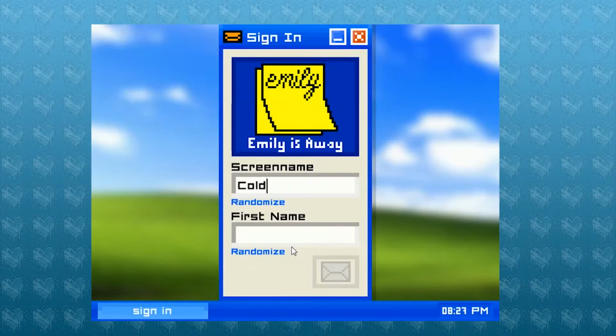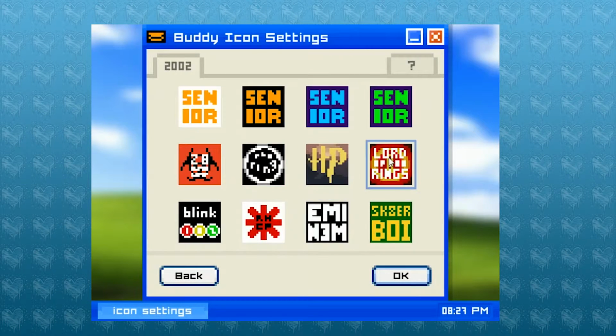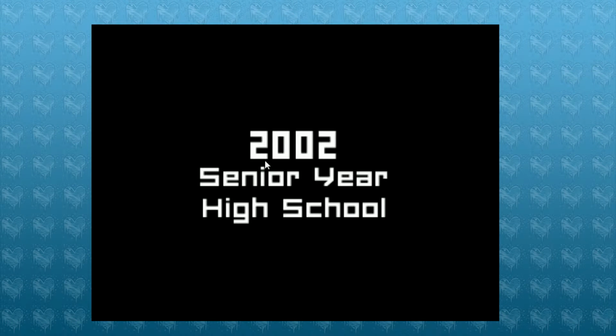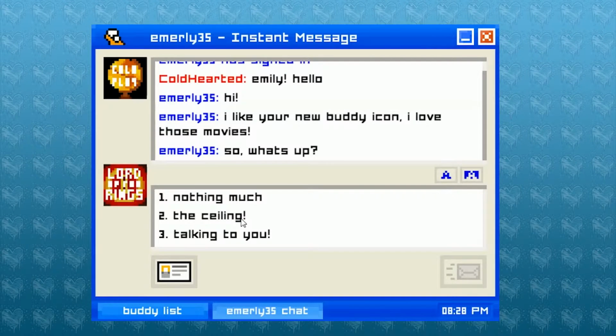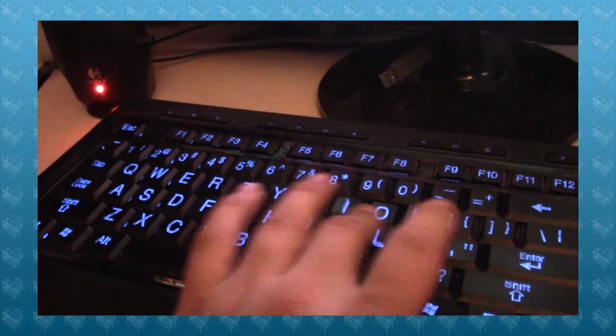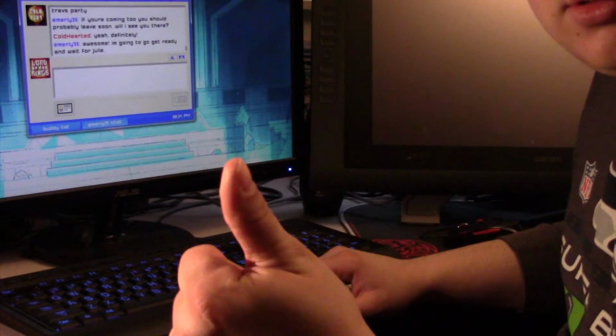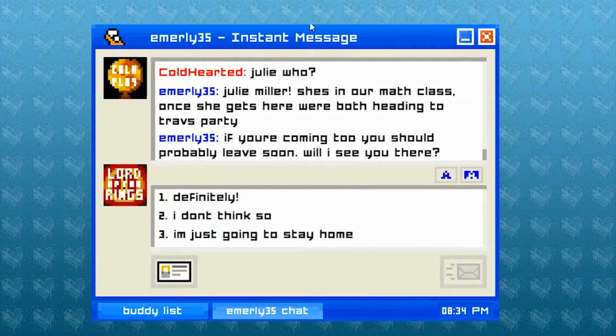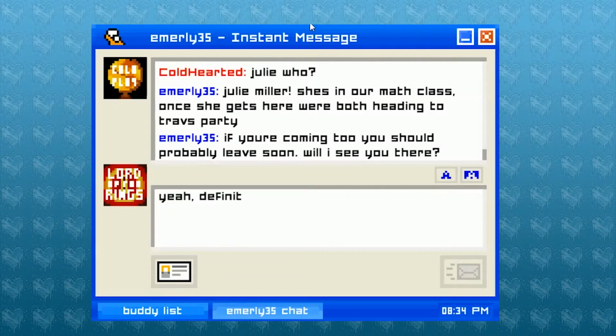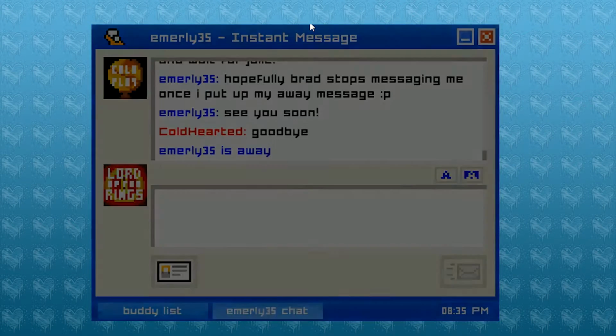Okay. You play as yourself, basically. You choose your own username and real name, plus your AIM icon. You'll then start the first chapter where you and Emily reflect on the end of high school, and what the future will hold for you. You have the option to choose from response 1, 2, or 3. After you choose your response, you mash on the actual keyboard to which the game will slowly type it out, which was a cool little thing about the game I really liked. You'll then be given options to go to a graduation party at a guy named Travis's house. I decided that I was going to go to the party, and the chapter ends.